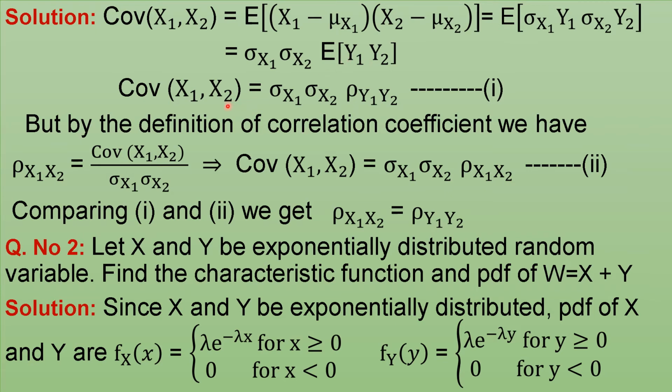So see the formula of the correlation coefficient rho of two random variables X, Y. Rho XY is equal to the covariance of XY divided by the standard deviation sigma X into sigma Y. If you see the previous topic, there you will find the definition of the formula for the correlation coefficient rho, which is equal to the covariance of X and Y divided by sigma X into sigma Y. So from that formula, covariance